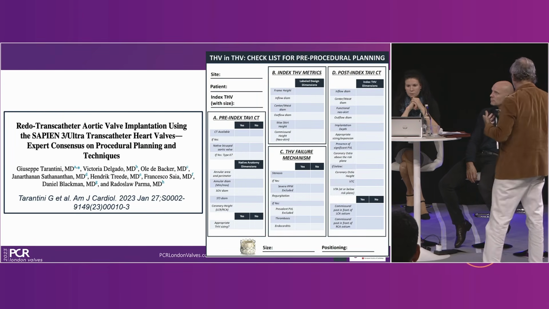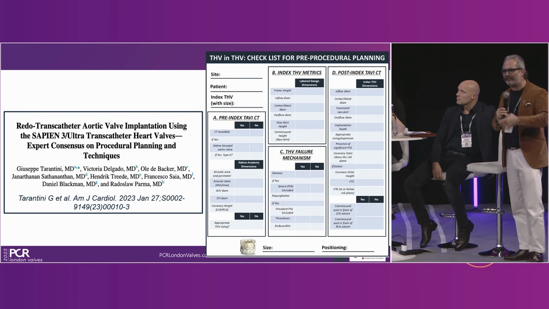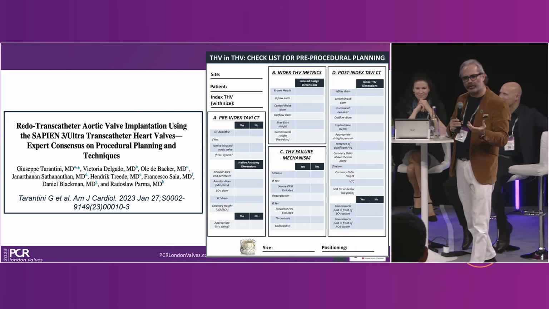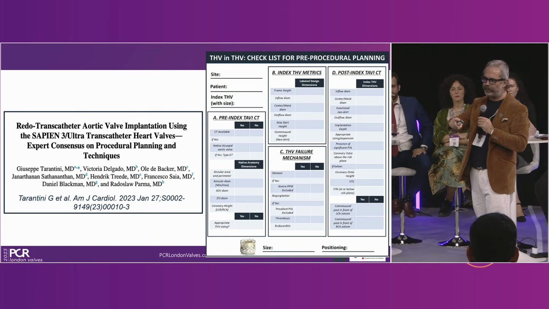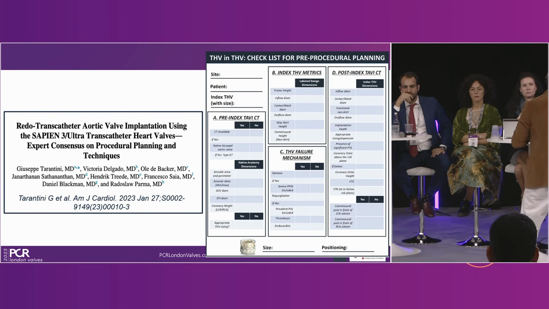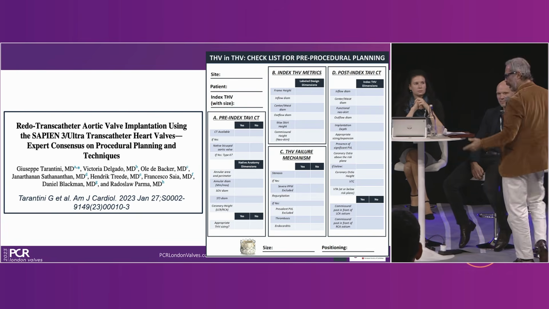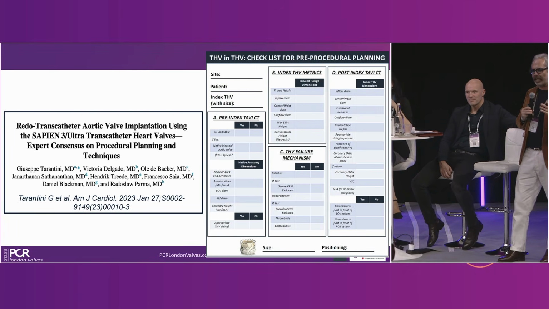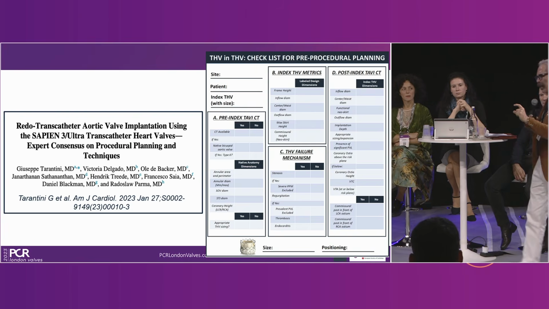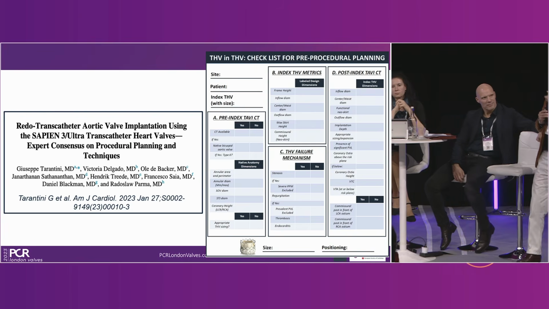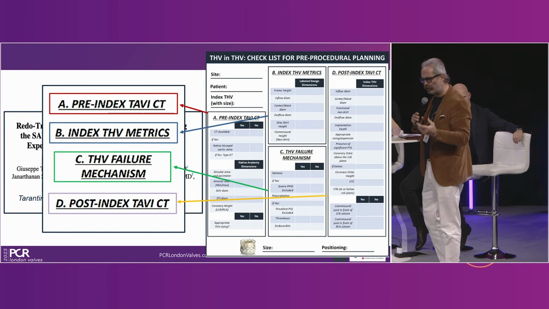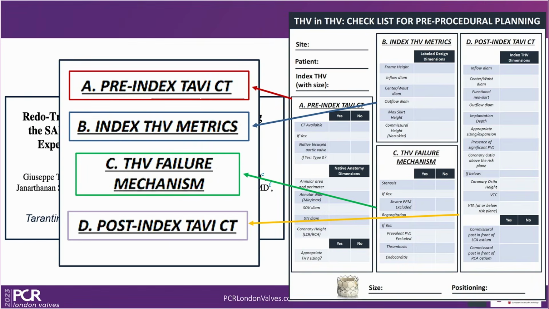So there are different manuals. Clearly I show this because I have a clear conflict of interest with this paper, but actually the point is, for me, it's useful because you can download this checklist. You can download this from this paper and apply it in the everyday practice of the lab, where you can collect in a standardized way all that is needed for the final valve choice, sizing and positioning of the valve. So actually it seems very easy, but it's not complex at all, because there are 4 main chapters.